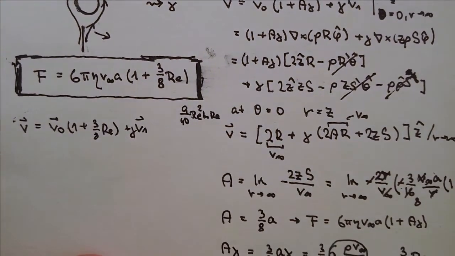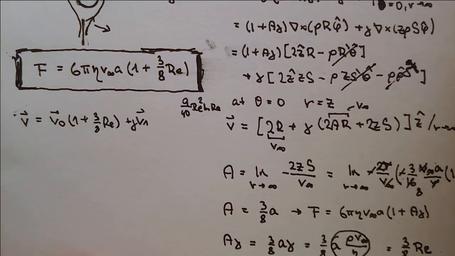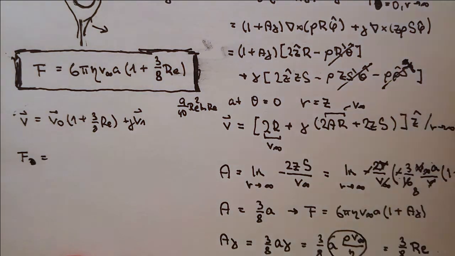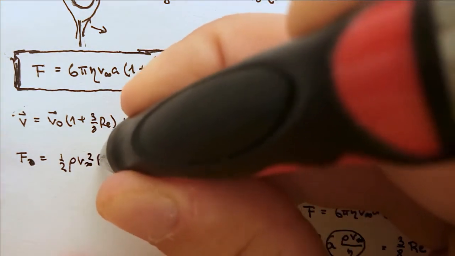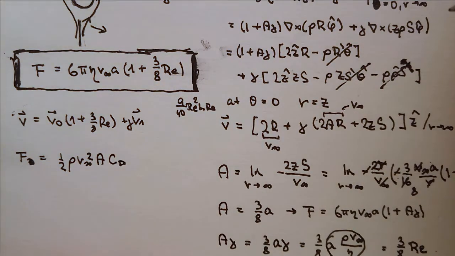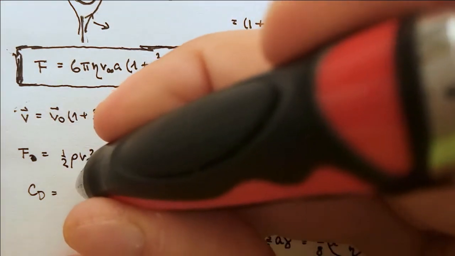The second thing I can tell you is that from this expression you can compute the drag coefficient, because Newton tells us that the drag force is equal to 1/2 times the density of the fluid times v infinity squared times the area of cross section of the body times the coefficient of drag. If you substitute in for the force which is here, you will get this expression for the drag,